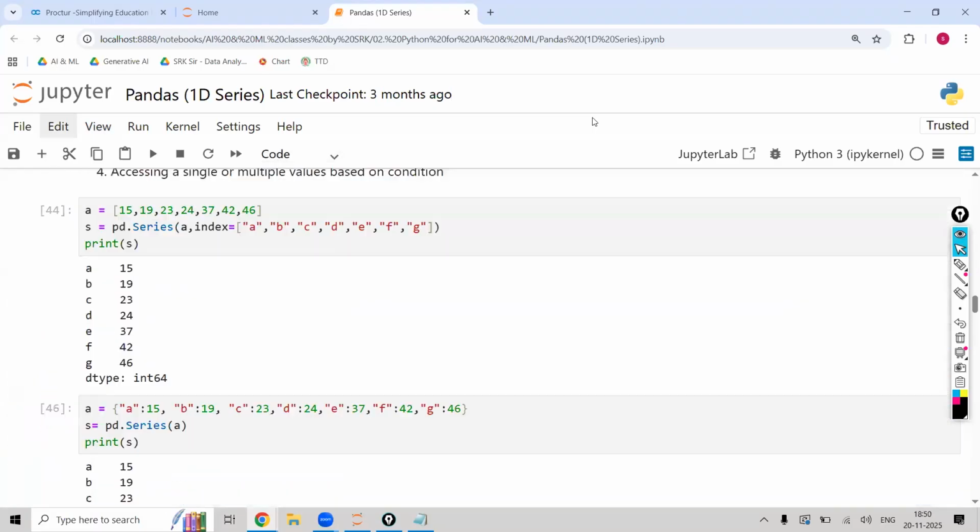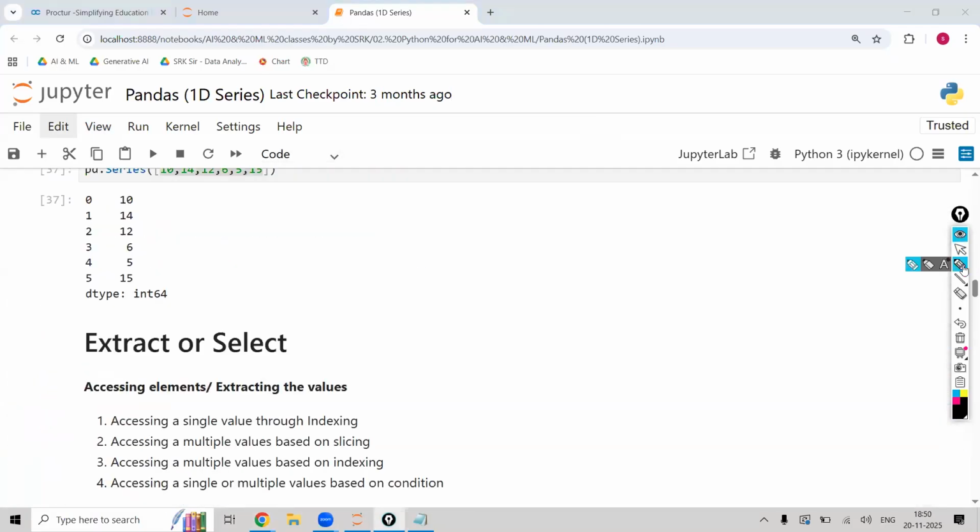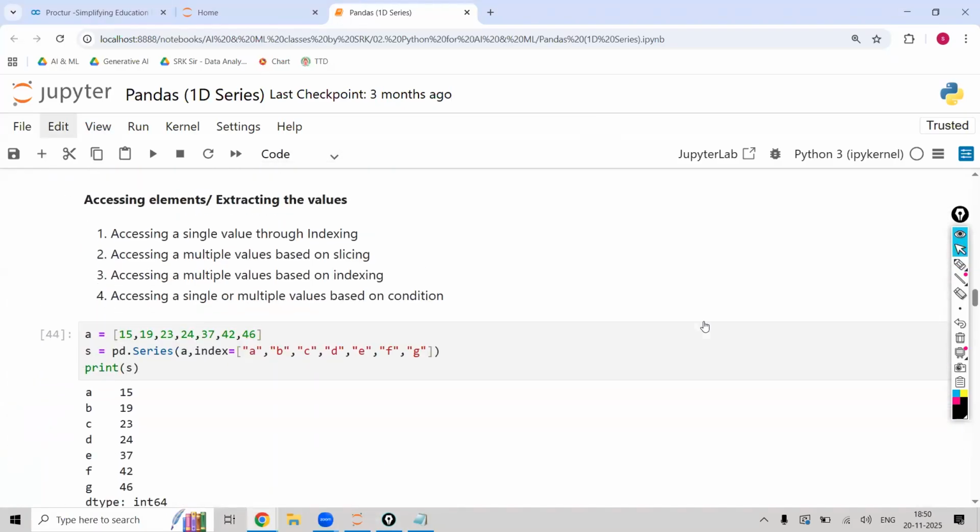Yes or no? Now tell me guys, how to extract multiple values in this. For example, I want to extract the multiple values 15, 19, 23, 24. These are the 4 values I want. Tell me how to extract 4 values. Is a pattern available or not? Pattern is available. When pattern is available, you are going to apply the indexing